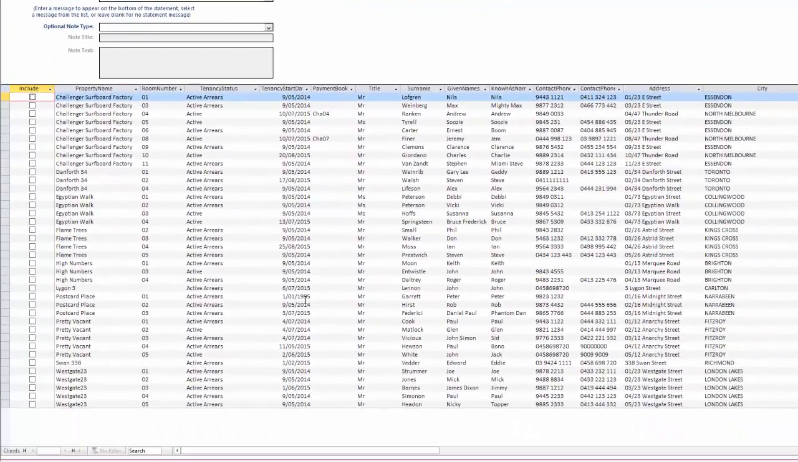In the main section of the screen, we have a list of all of our tenants that we have an email address for in Shintaro. Those tenants without an email address will not show in this list. Here we see their property name, room number, tenancy status, tenancy start date, payment book ID, name, contact phone numbers, address, and if we scroll over,